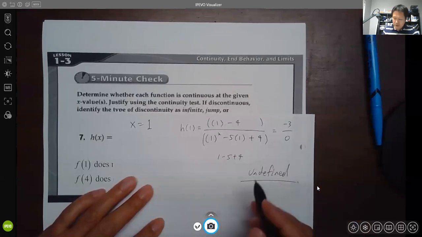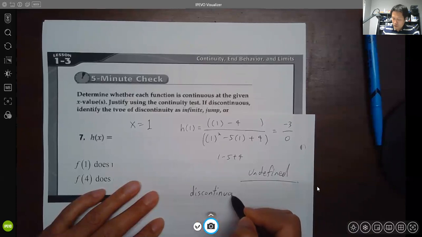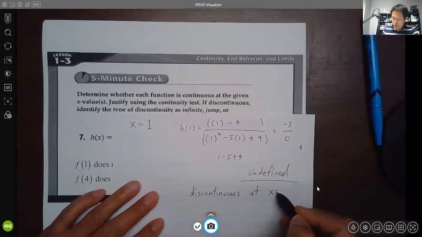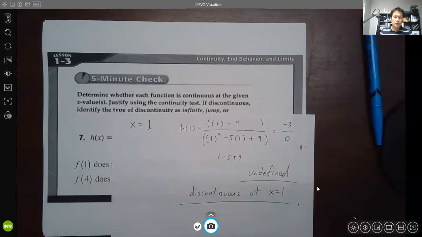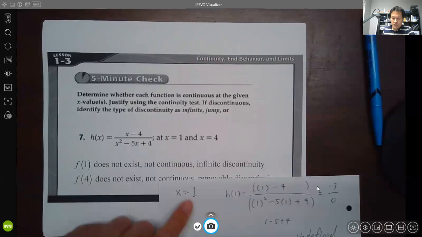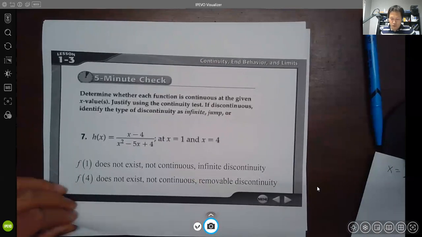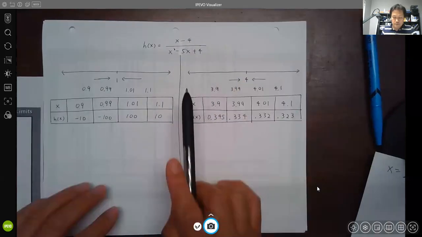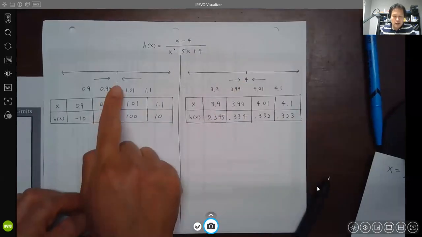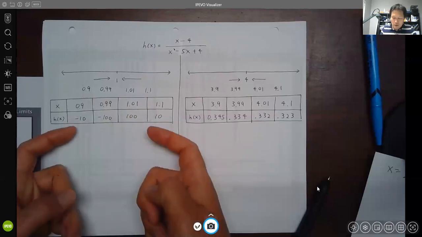So right then you can say discontinuous. Discontinuous at x equal to 1. Busted. First condition is not satisfied. Okay, now say what kind of discontinuity. So you want to plug in nearby values for 1. So I did this table already. So if you look at it,